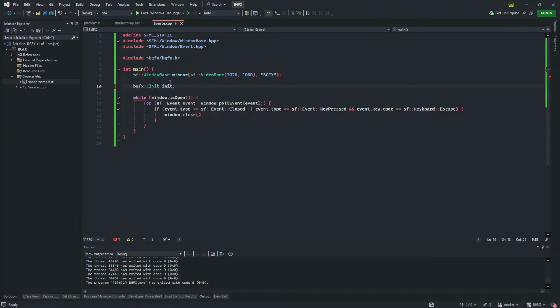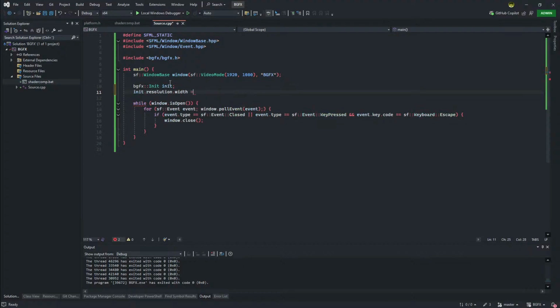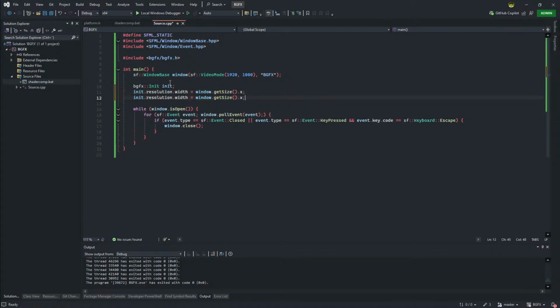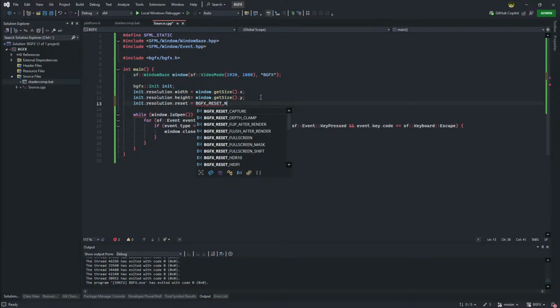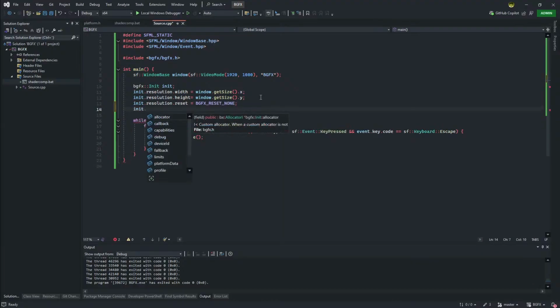For the BGFX init, the resolution dot width equals window dot get size dot x, same thing with height, and we're gonna set the resolution dot reset to BGFX reset none. Then the platform data window handle is window dot get system handle,